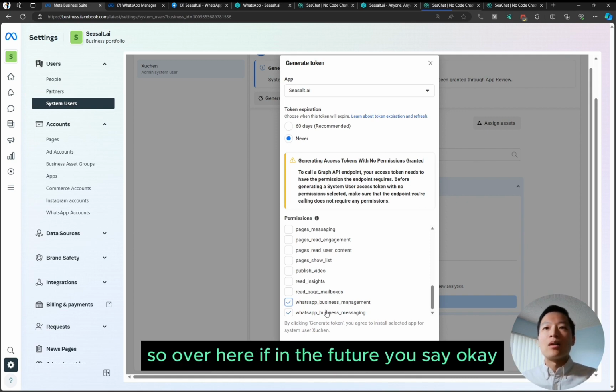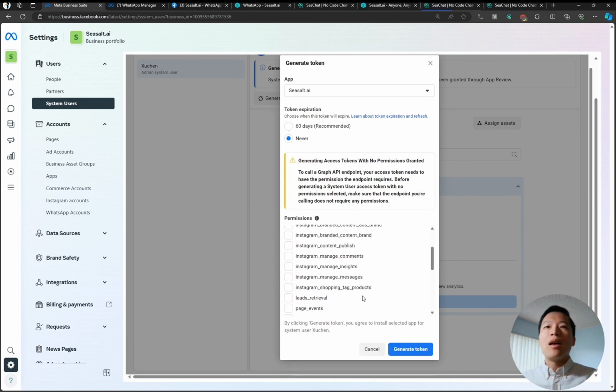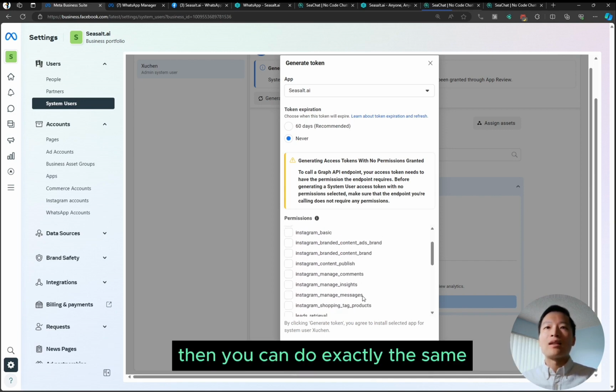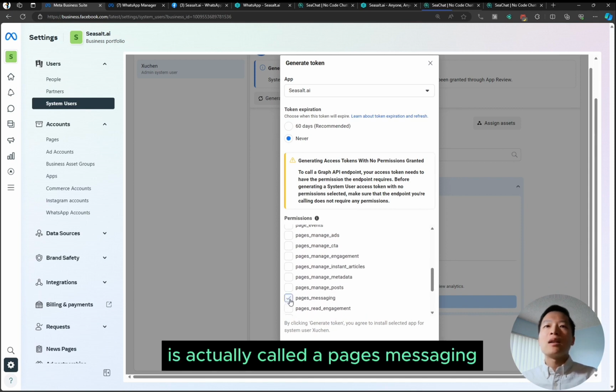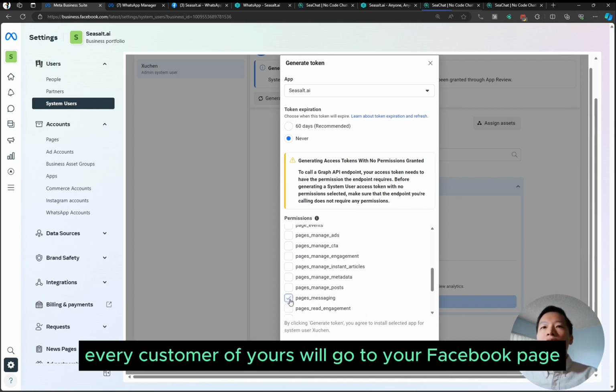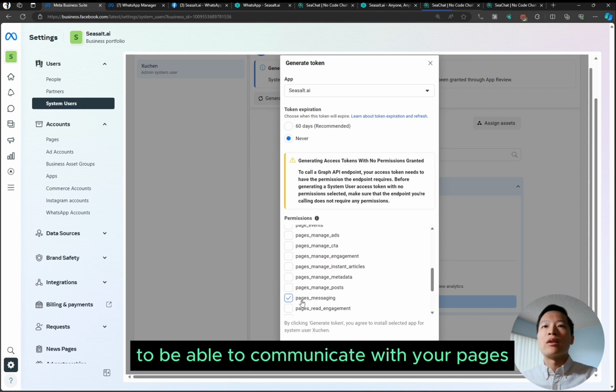So if in the future you want to connect your application with Facebook, you can do exactly the same. Facebook is actually called pages messaging. Every customer of yours will go to your Facebook page and click on that chat button to be able to communicate with pages.